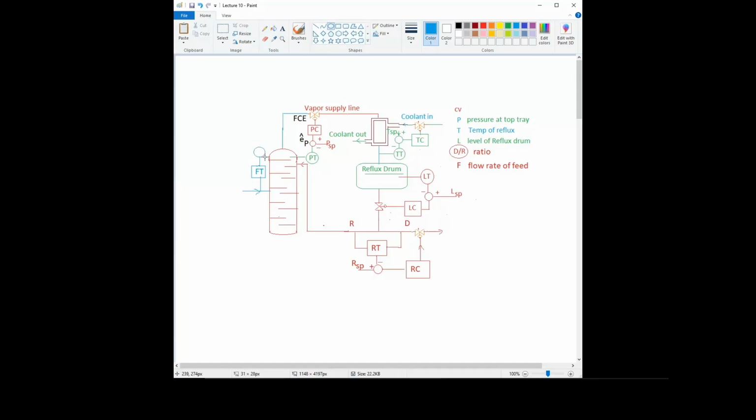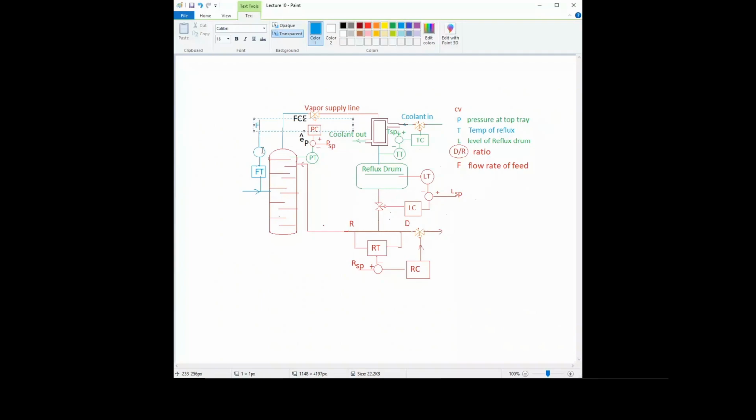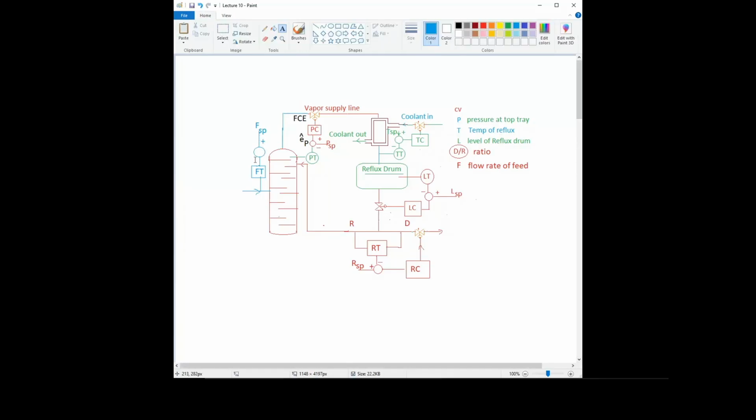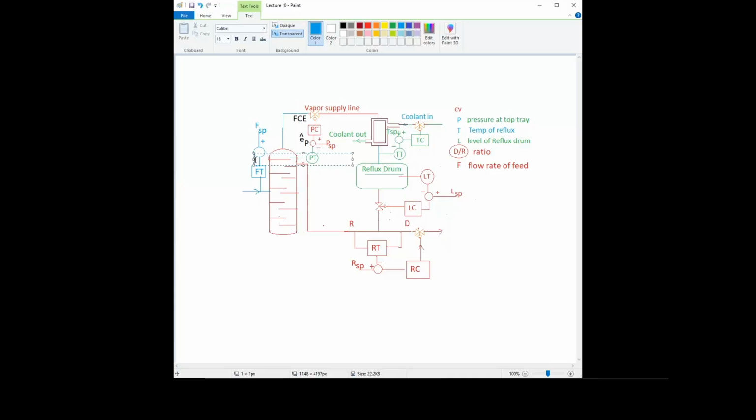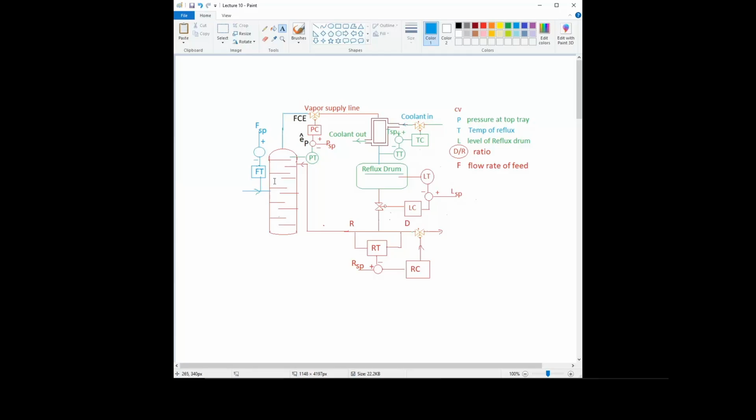This is the comparator, and here we have the flow rate set point FSP. This is plus, this is negative feedback, so minus. Okay, and then the error will be generated, and this error will be given to the controller. This is the flow controller,